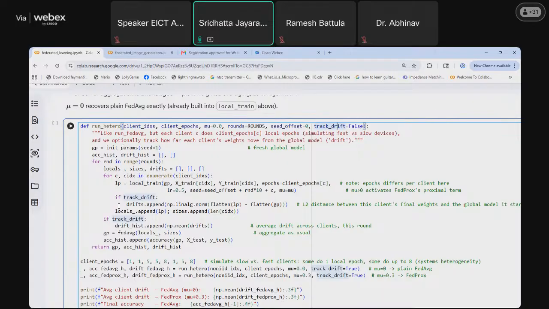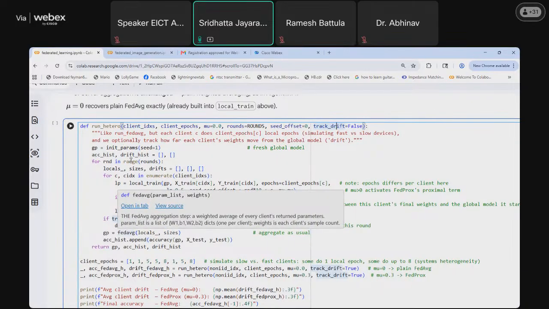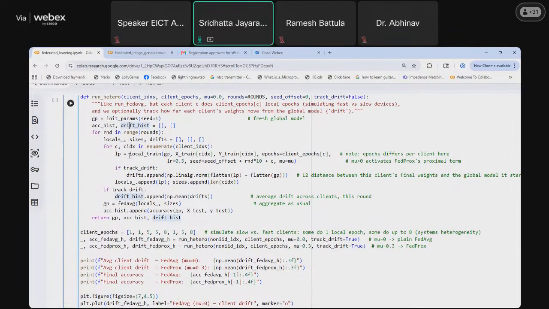So now what is happening is, we'll begin with the initialization of the parameters. We will also initialize a few variables here, accuracy history and drift history. And then we will start with the rounds. In rounds, we will have some local variables to store the history after rounds.